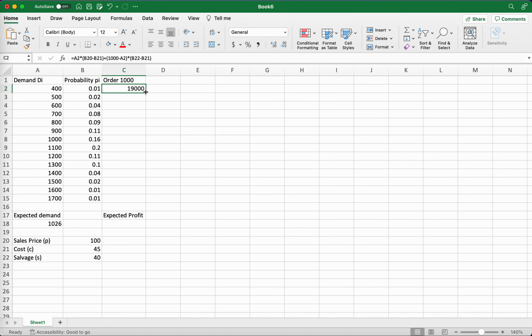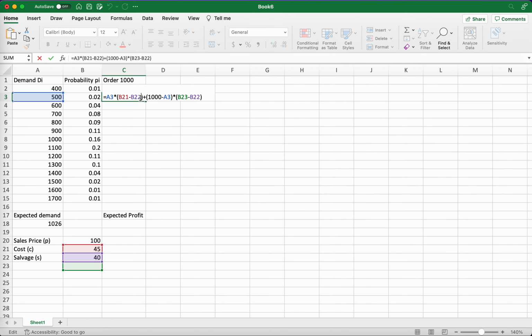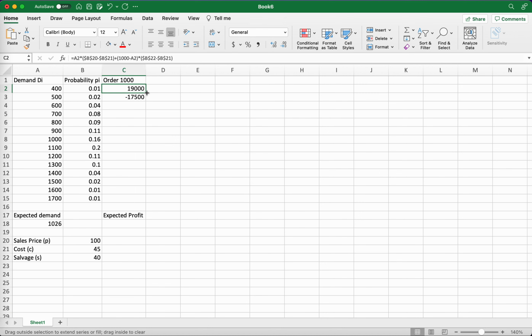So similarly, I can do this. Oops, sorry. I forgot to do dollar signs. Obviously, all of this will be under dollar signs because these three numbers don't change. So A2 should be okay. B2, no, this is again dollar signs. There you go. So all of these,